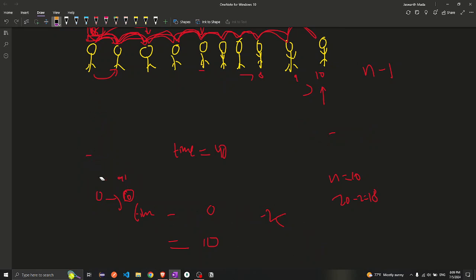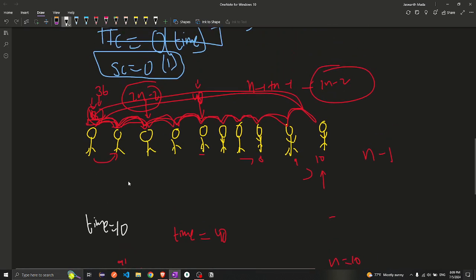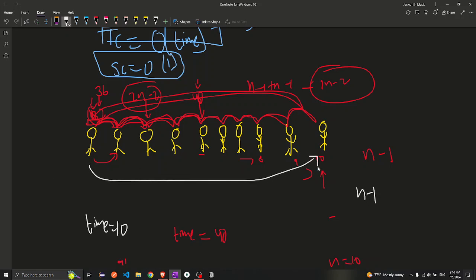Now what I'm going to do is, we have 10 steps, right? 10 seconds. We have 10 seconds. Now I'll do another check, because I know that in n minus 1 steps I can come here, right? Suppose if the length is n, in n minus 1 steps I can come here. So